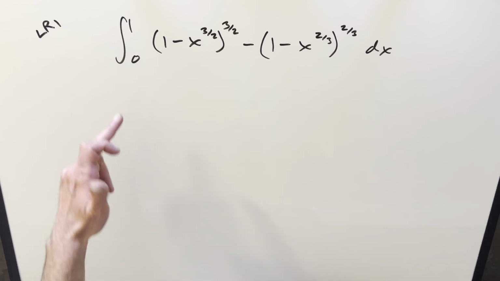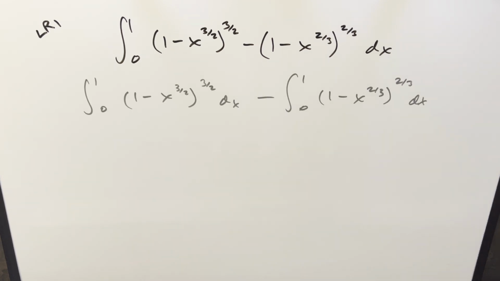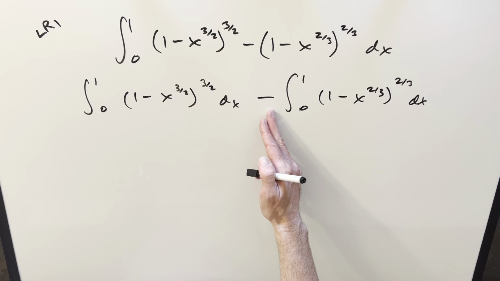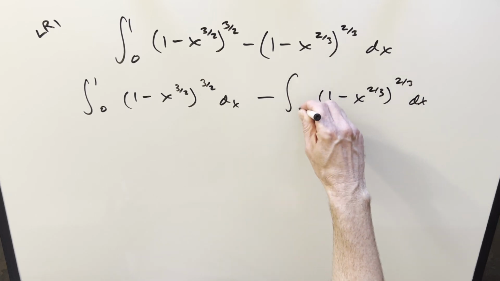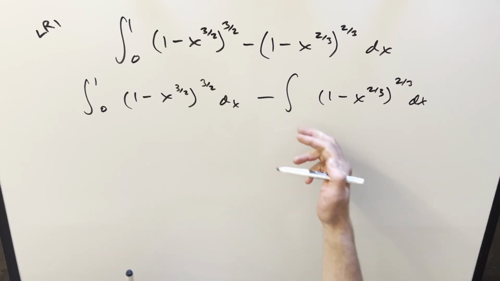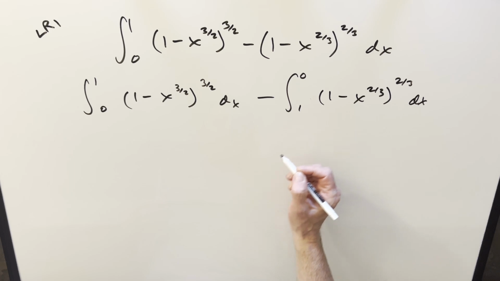For the first step, let's take this and break it up into two integrals. And then for step 2, this is kind of unusual. What I want to do is take this minus sign and use it to flip the bounds. The reason I say unusual is we almost always flip it to get it going from 0 to 1. We usually want the higher bound on top, but we're going to write this from 1 to 0